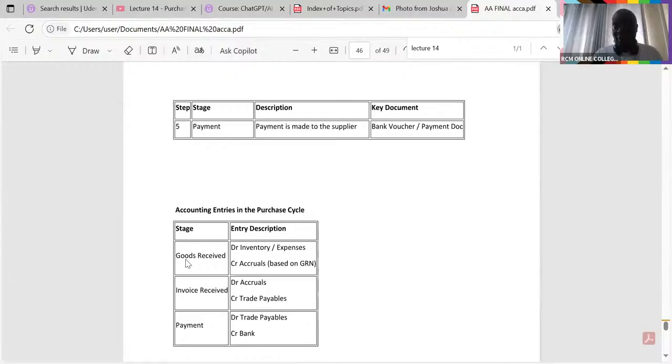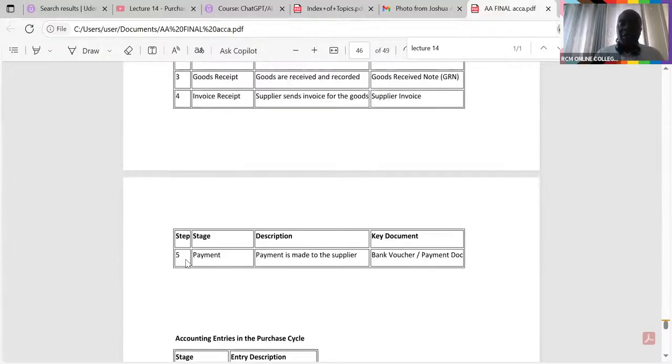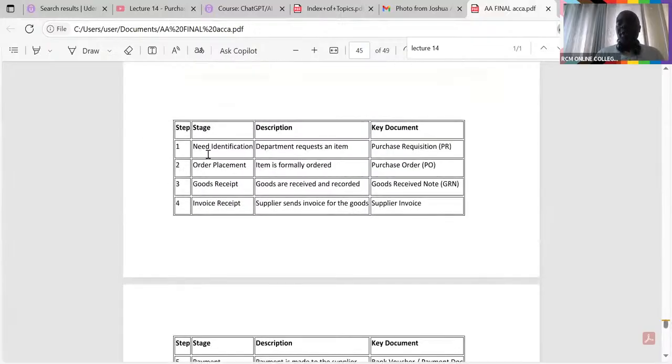All right, ladies and gentlemen, then we continue here. Accounting entries. I love this. This I'll have to check as an auditor. But now remember, these accounting entries are being done by who? By the company. So the most important in all these stages, you see here, it was just a need. Here you placed an order. Our liability to pay, our accounting process will start from note number 3, from stage 3.